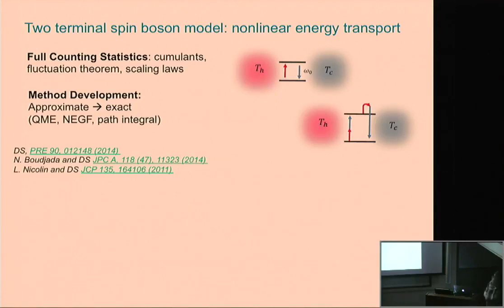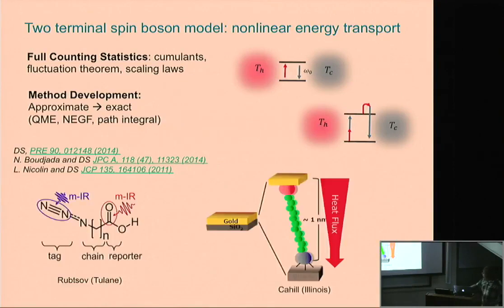Yeah, so now to the examples. The first example is for what we refer to as two-terminal models, where we just transfer energy from a hot bath to a cold bath. We were interested in this problem for a while, for different reasons. Studies of full counting statistics, for method developments. We were comparing results from different approaches with the idea to indeed understand the validity of different methods. And another motivation, coming from a chemistry department, was to actually be able to relate to some experimental results concerning molecules.